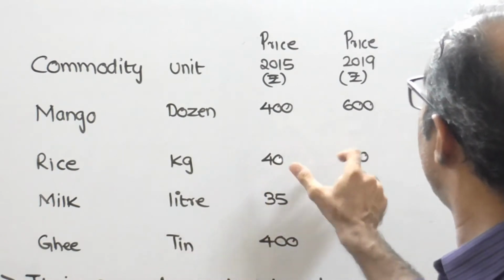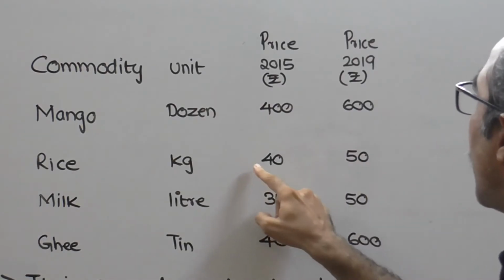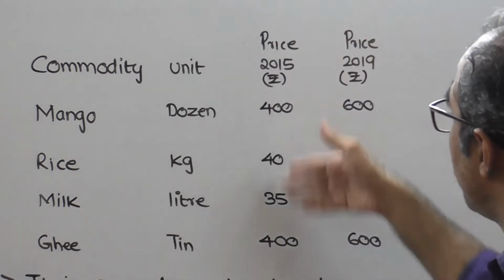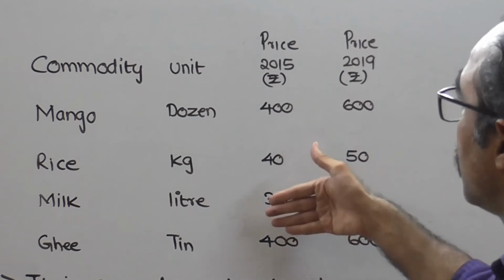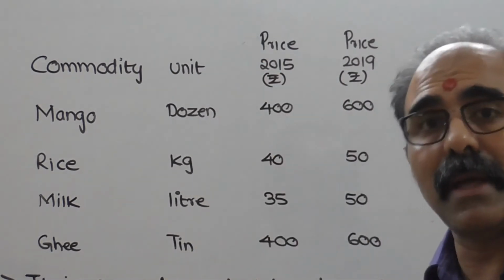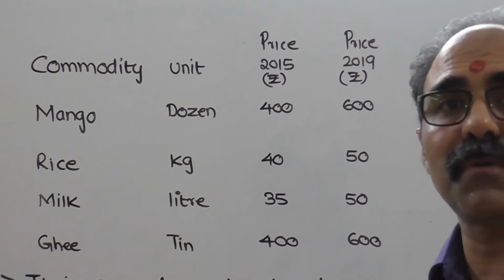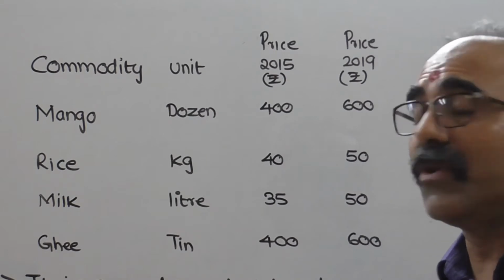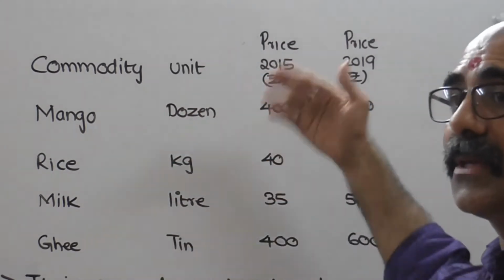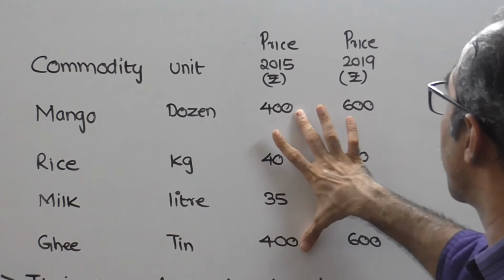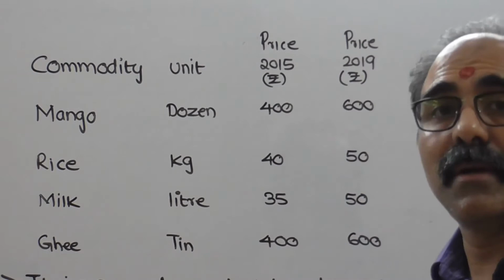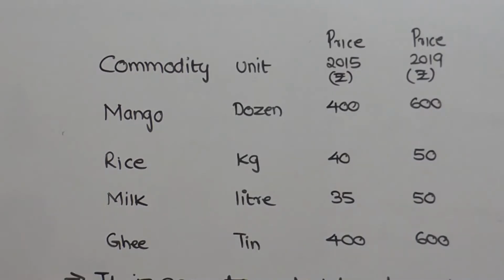If you take rice into account, 40 and 50 only, and calculate the overall change in price, that is absolute. But if I want to find the change in the price of all these commodities with different units of measurement, then index number is supposed to be used for calculating the increase or decrease in price. That means it will give you an overall idea as to how much the price has increased for all the commodities taken together, or what is the decrease in price for all the commodities taken together. Got it? This is the reason why it is called unit free.